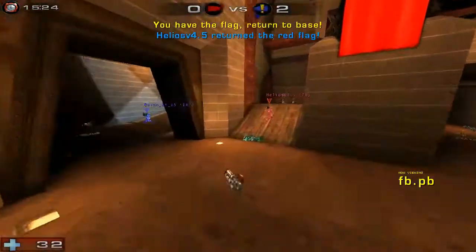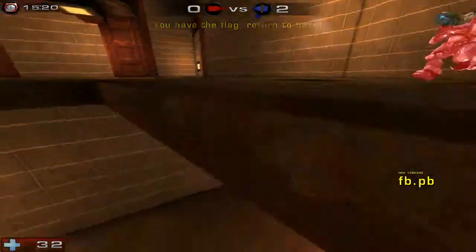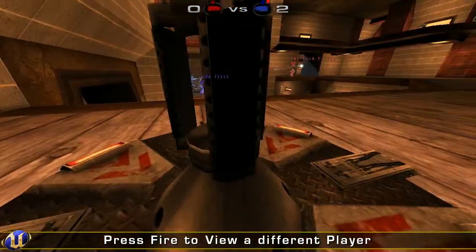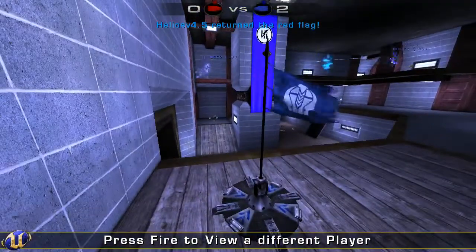Cafe's gonna grab it. He's got 2 people on him. Again, PB is gonna have to go all the way around. Oh, and he misses the shot. And it gets returned. So you can see, you kind of have that risk-reward option. You can try to piss in, you can try to do a tough wall dodge to get straight to the flag, but